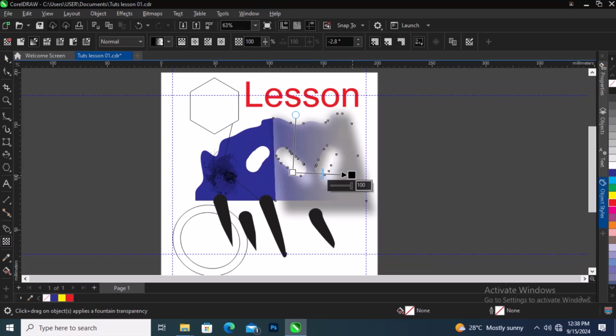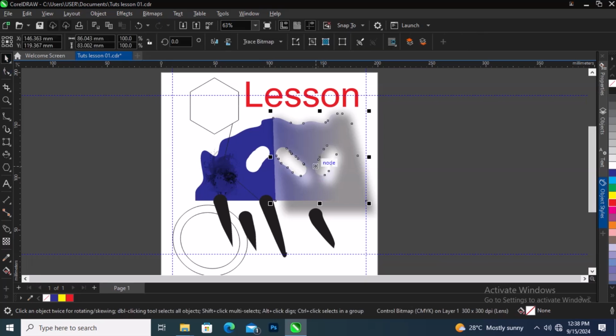With this tool you can make gradients, you can change the transparency levels, you can manipulate any shape, any bitmap, any object that you have in your document. All right,